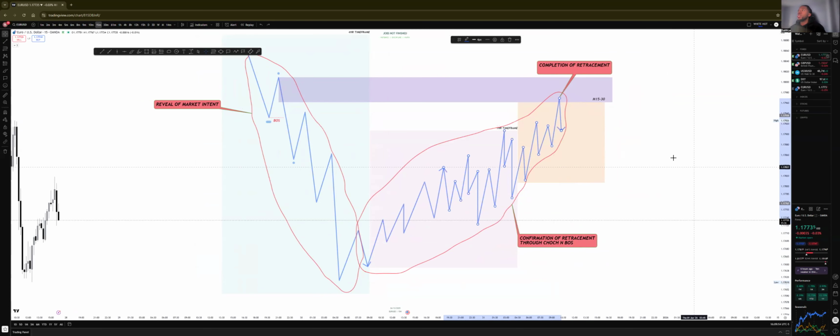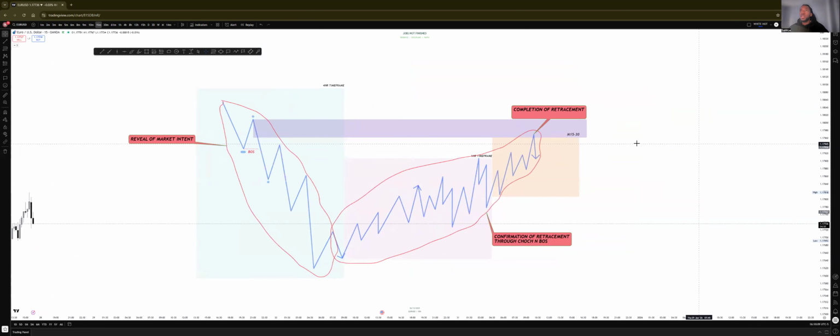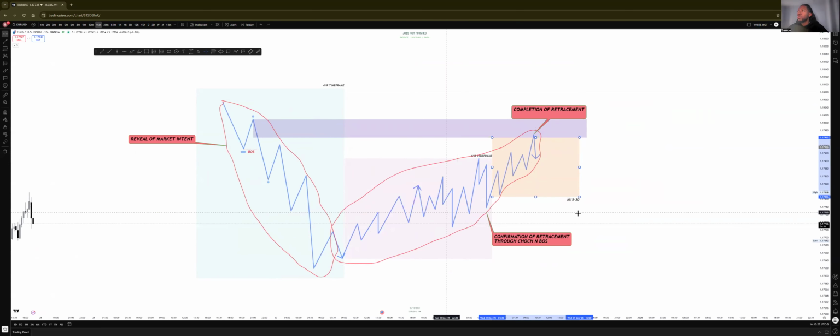But what is someone else who does not understand market structure, who does not understand that the narrative of higher time frame holds precedent, who does not understand that you're coming from this 4-hour time frame, who doesn't understand that this 4-hour time frame holds more precedent over this 1-hour time frame, over this 15-minute time frame? What does that mean? So what they're going to be looking at is this. They're going to say, oh, look, you have